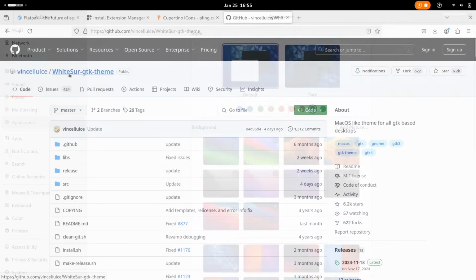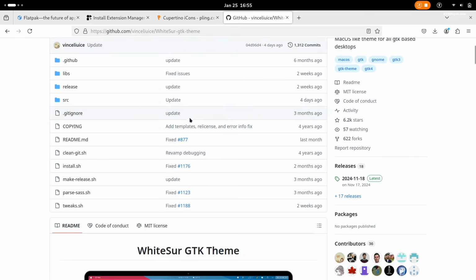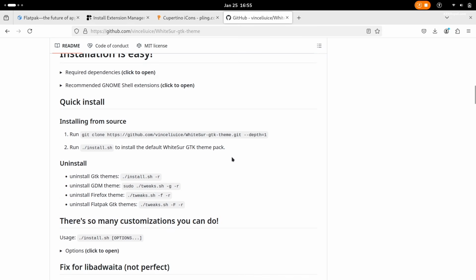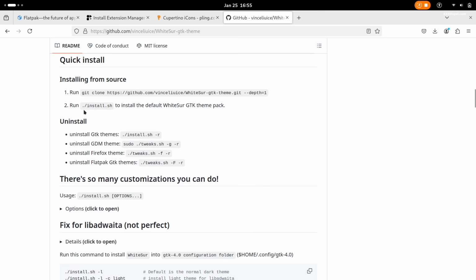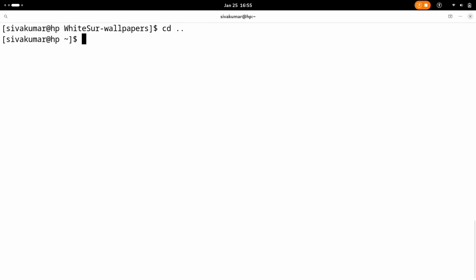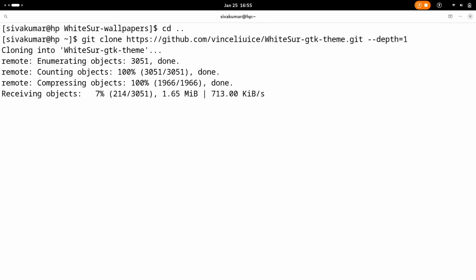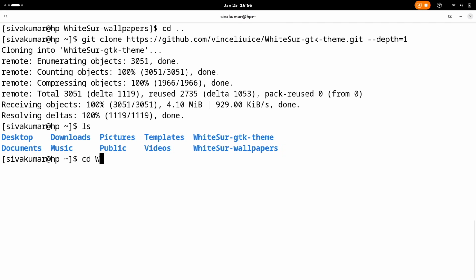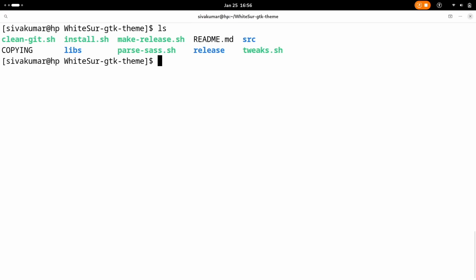Then navigate to this website, copy the URL and clone it using the git command. Then navigate to the cloned directory and execute the installer script.